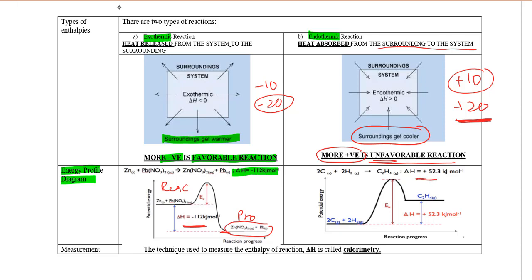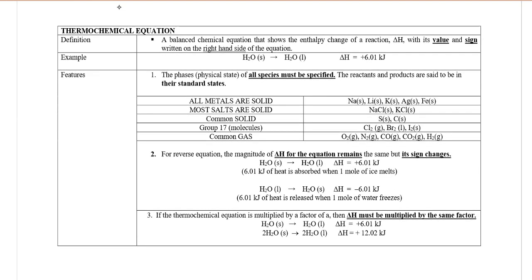Okay, so delta H will be positive. So right now enthalpy of product is higher compared to reactant. Okay, so the technique used to measure heat of reaction or delta H is using calorimetry. Okay, next part we are going to learn about thermochemical equation. So the difference between thermochemical equation and the normal chemical equation is, it is a balanced chemical equation, but